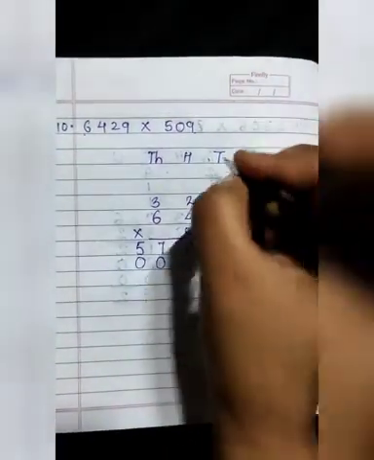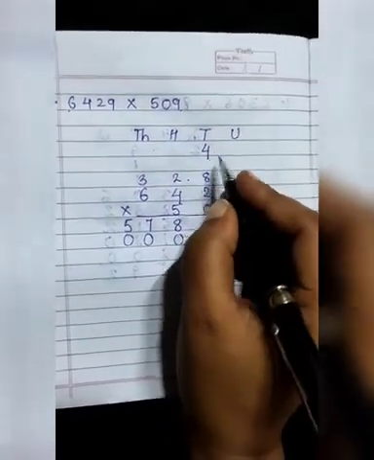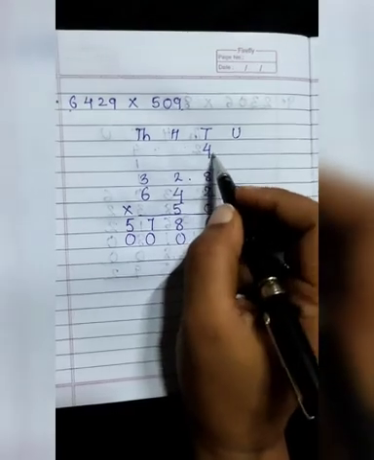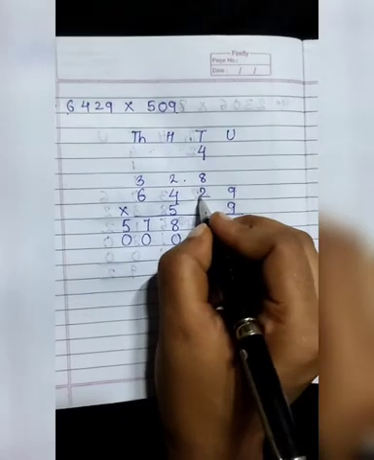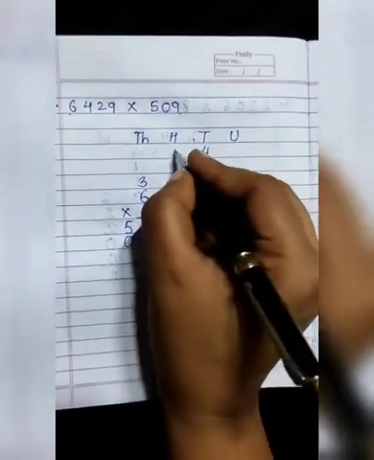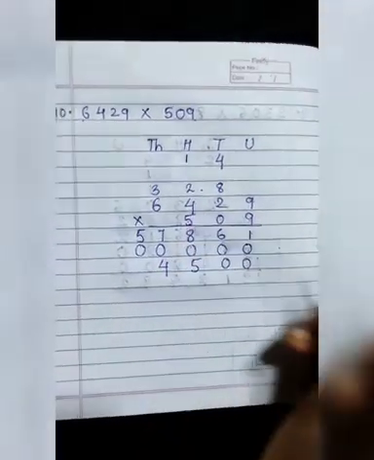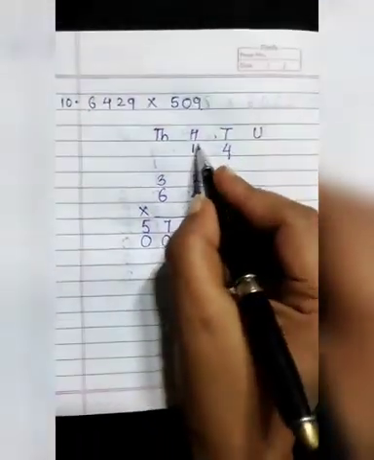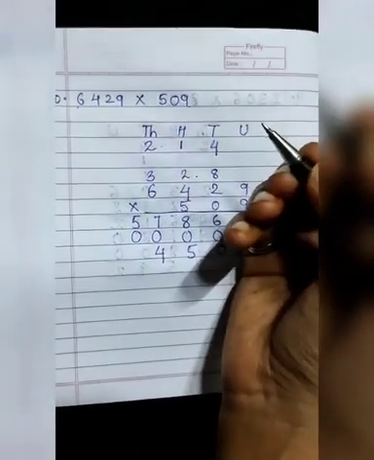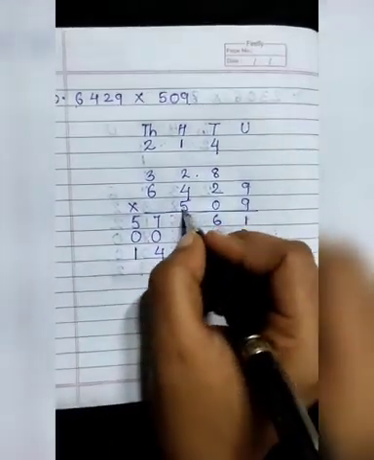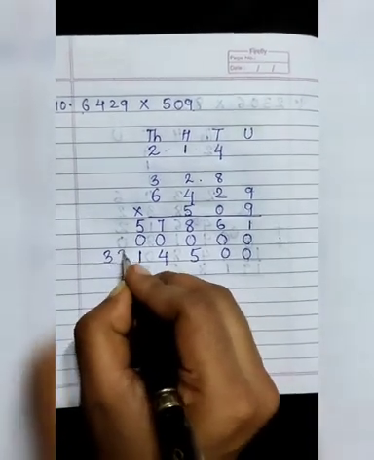5 nines are 45. So 4 we will write on the third line because we have taken the third number. So 4 we will write up and 5 we will write down. 5 twos are 10. 10 plus 4 is 14. So 1 we will carry over here. 4 we will write down. 5 fours are 20. 20 plus 1 will be 21. So 2 we will carry to the beside number and 1 we will write here. 5 sixes are 30. Plus 2 will be 32.